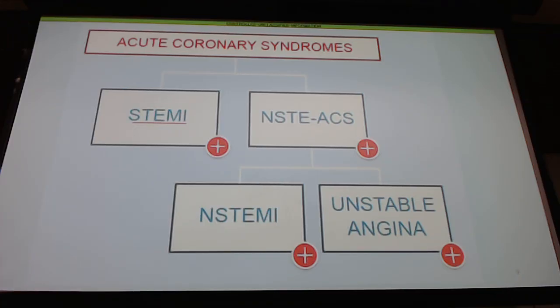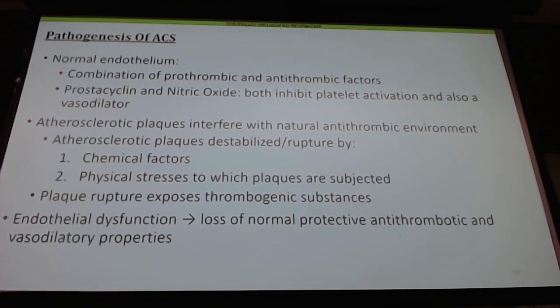But there is a flavor of acute coronary syndromes where you get non-ST elevation, but it is still an acute coronary syndrome. And there are 2 versions of this particular brand of acute coronary syndromes, known as an NSTEMI, so non-ST elevation MI, and unstable angina. And knowing which one you're dealing with is important, and we're going to talk about what differentiates one from the other. Okay.